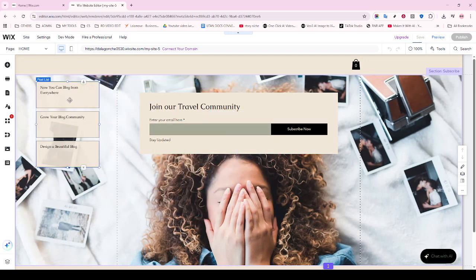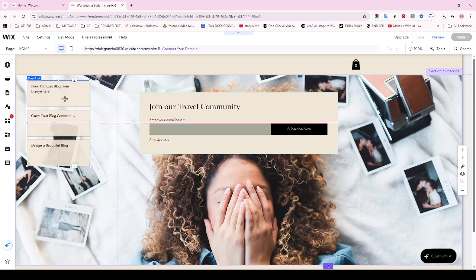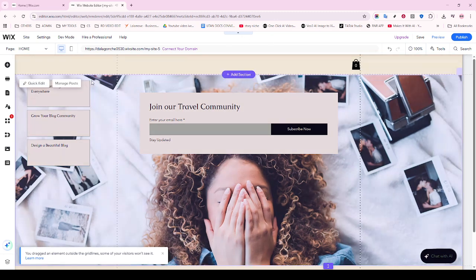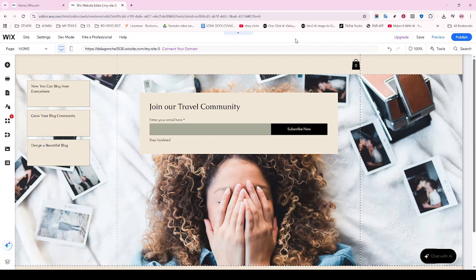But wait, before you set your site live, let's delve into the SEO settings and social sharing options. SEO, or search engine optimization, is essential if you want your blog to be accessible to a wider audience. Wix provides helpful tools to tweak these settings, ensuring that your published content is easily discoverable on search engines. Likewise, social sharing is vital for extending your reach. Make sure your social media links and sharing buttons are all set up, allowing readers to easily share your posts